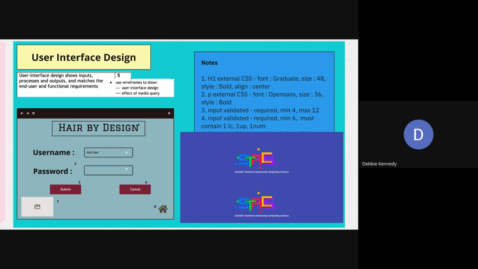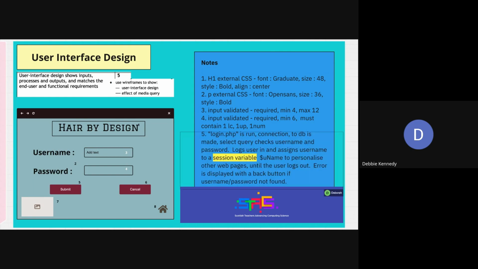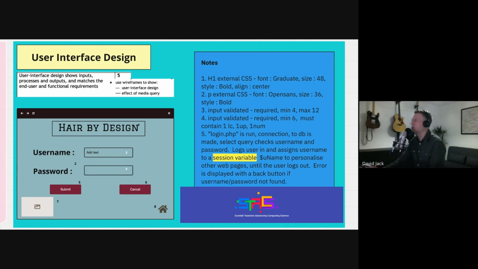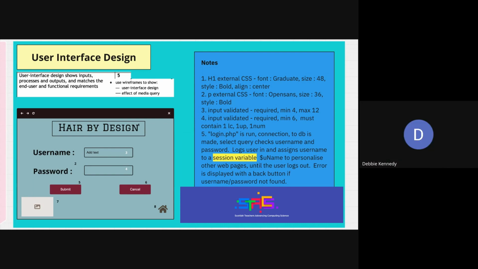Right, so if we look at number 5 and 6, we're moving on to the buttons. So the underlying processes that we're going to run, if I take this away, for number 5. And we've said in here the file that's running. So submit the file. Yep. And we've said exactly what's going on